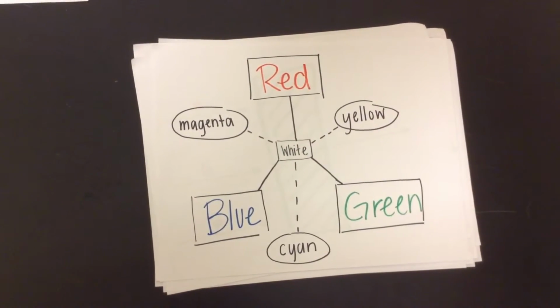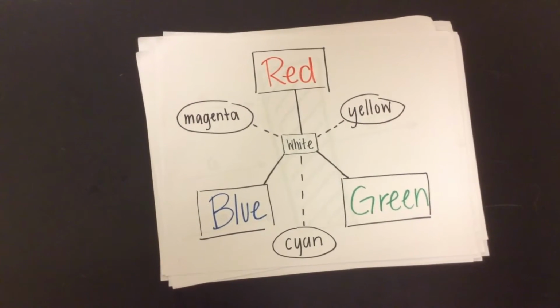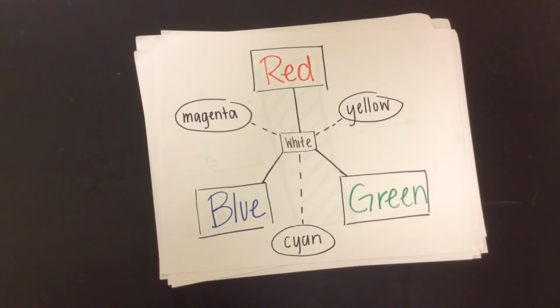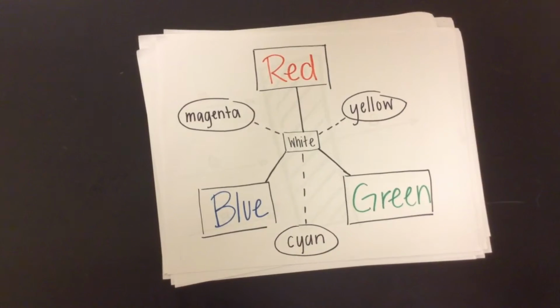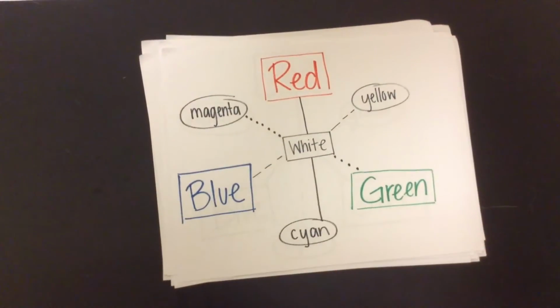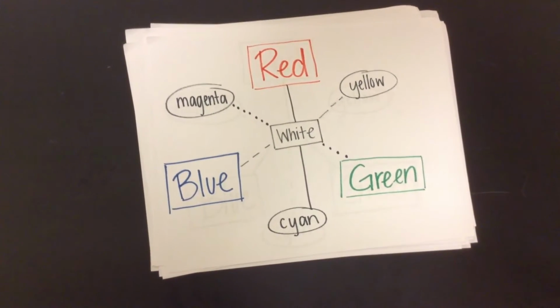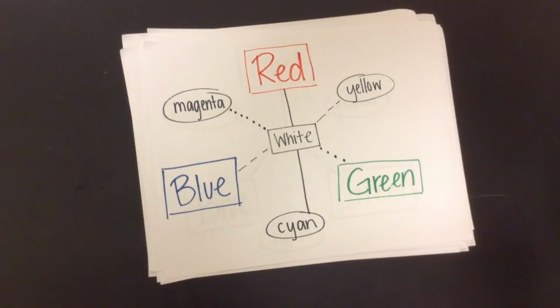Primary colors of light are 3 colors that, when mixed together with equal intensity, appear white. The most common set of primary colors is red, green, and blue. If 2 primary colors are combined with equal intensity, a secondary color is produced. Complementary colors are 2 colors of light that produce white when combined in equal intensities, so magenta and green are